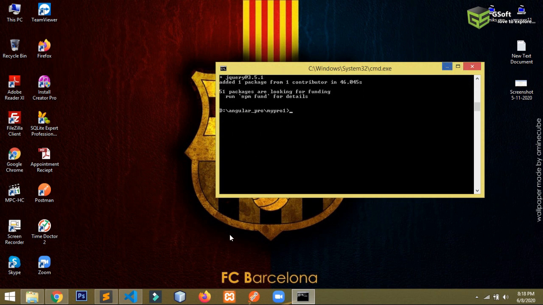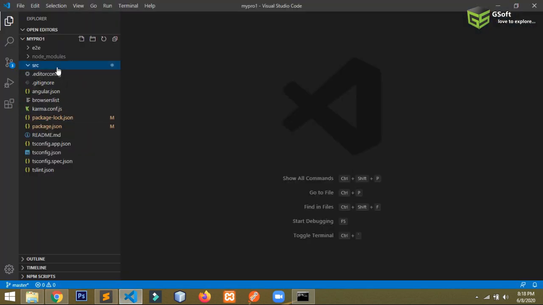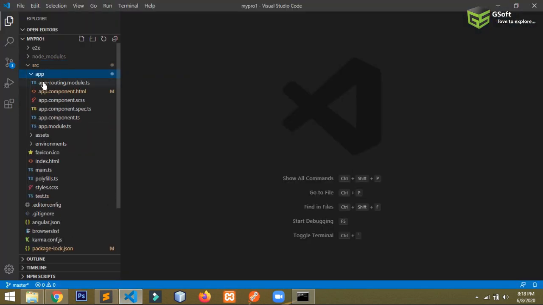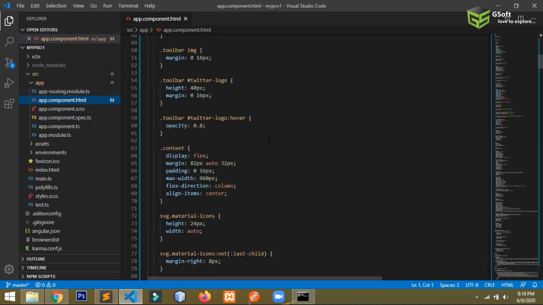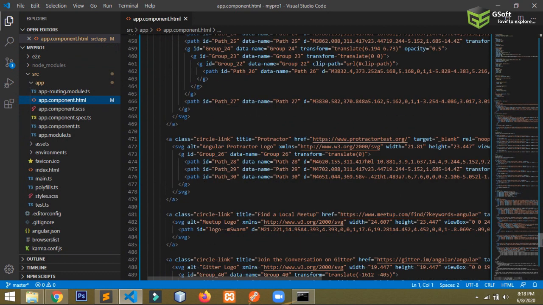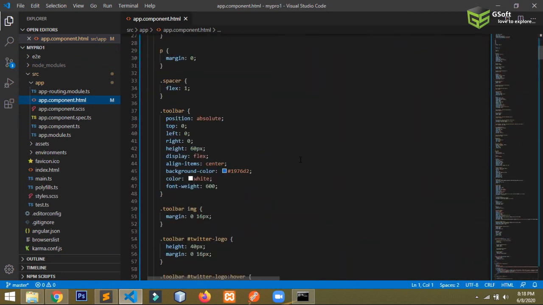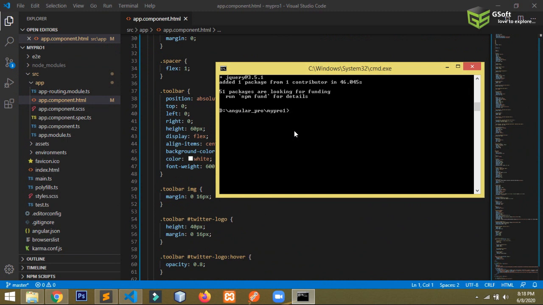So now let's start with the src folder here. Suppose here we have the app folder. Inside the app folder you have app.component.html, and you can see it's already created. The HTML page is already created here. So let's serve the project. To start or run a project, you have to write ng serve -o. This command will serve your project, start and run it, and -o will by default open the browser.